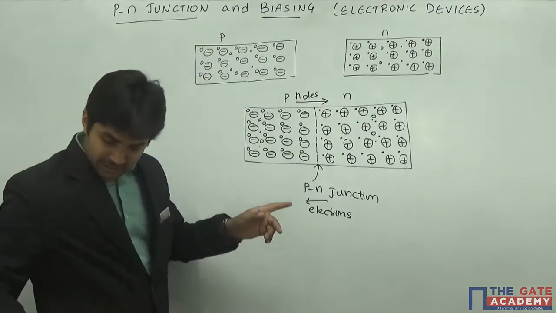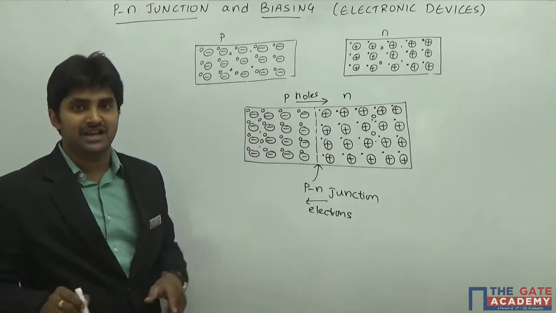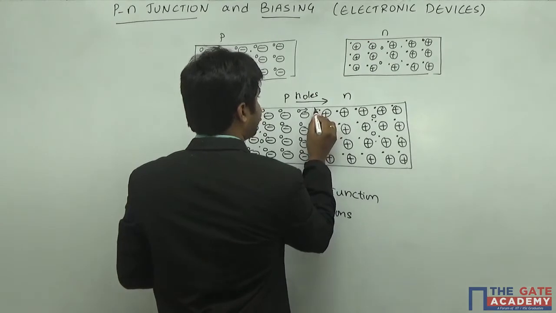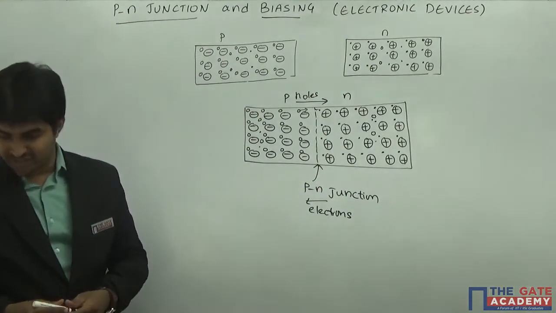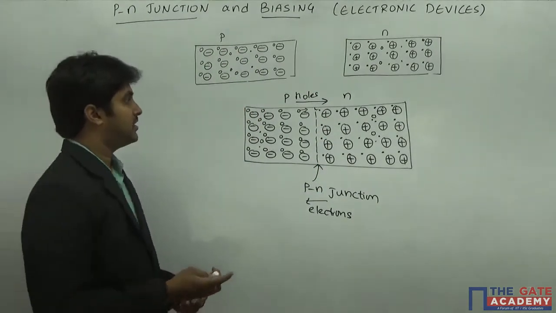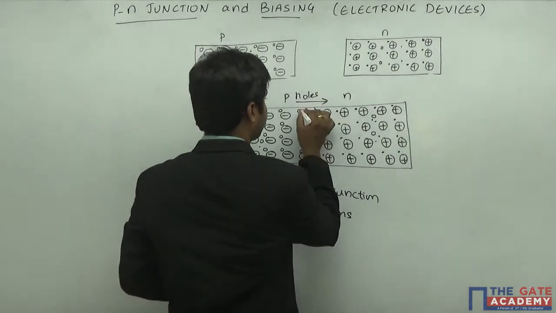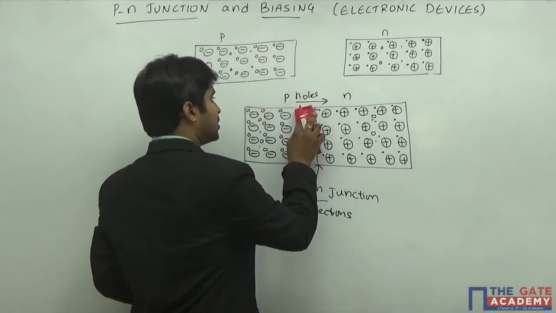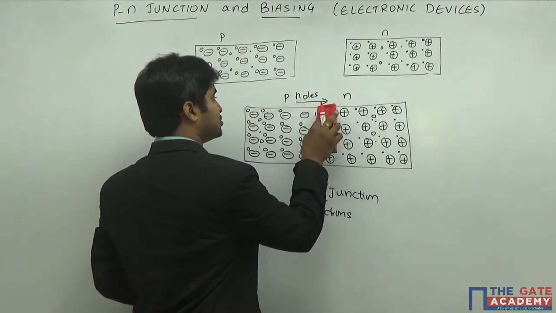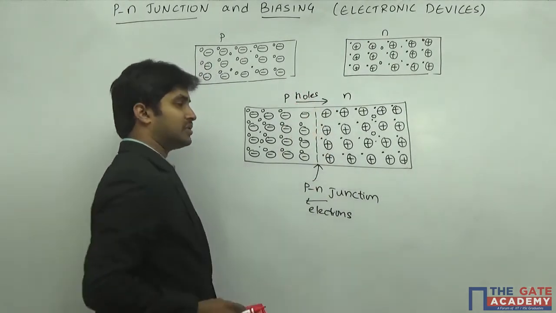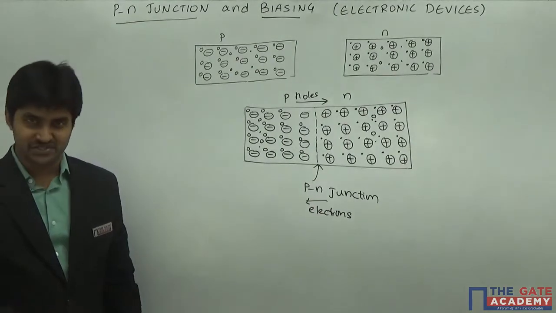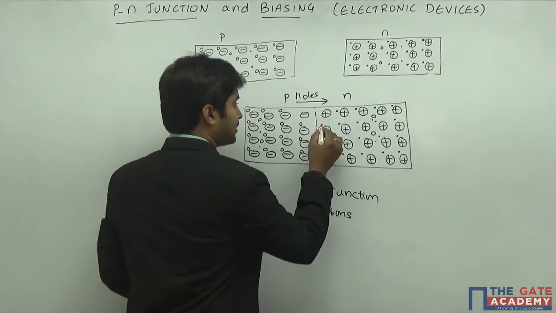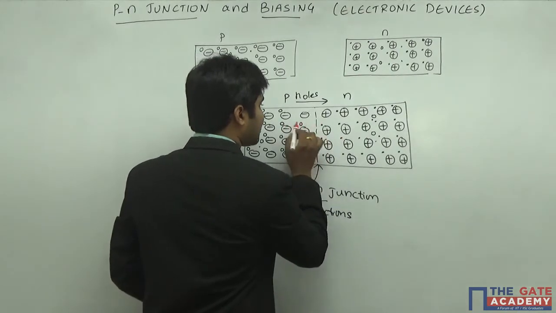So the electrons and holes which are moving in the opposite direction try to recombine. When they recombine, you can see no electron and hole in that particular region. So you can see that the electron and hole are going to go missing. Similarly, an electron which is present here and a hole which is present here, if they recombine,